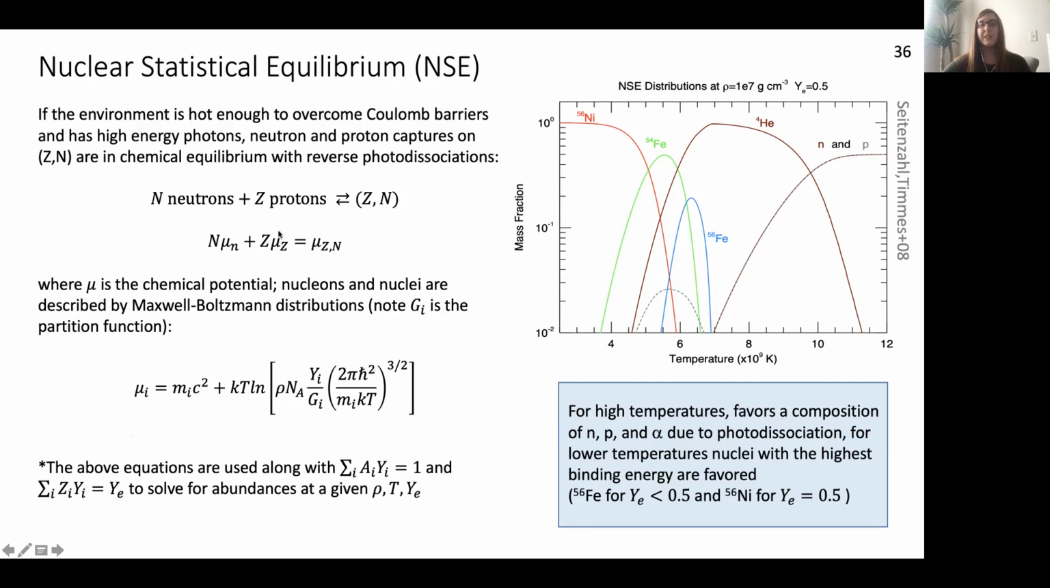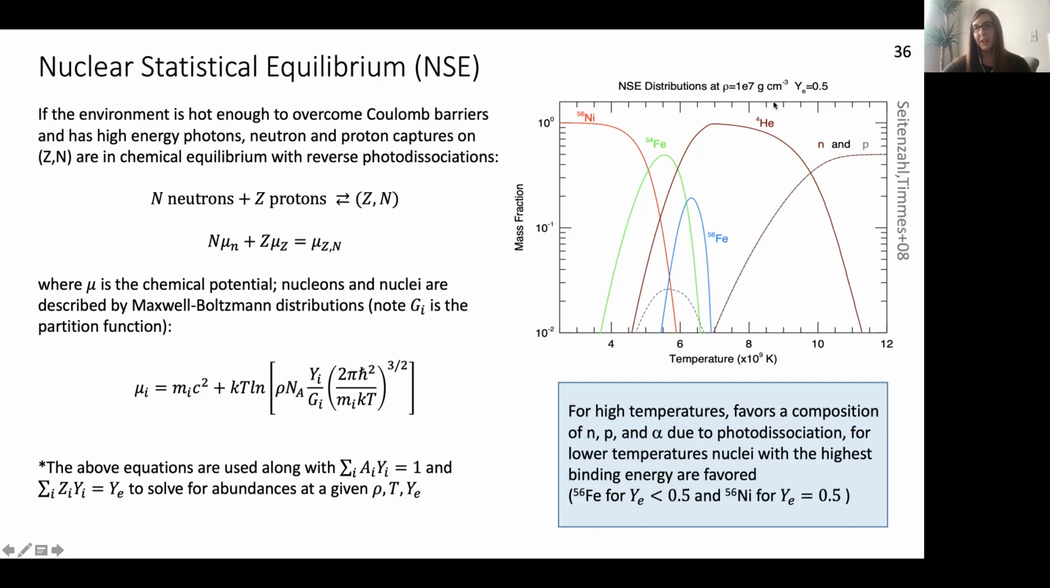And then it's through these equations that are balancing your chemical potentials, as well as the fact that mass fractions have to sum to 1, and that we have YE equal to this sum ZYI that I mentioned before in our definition slide, that you're able to solve for abundances. This gives you a system of equations where you can solve for the abundances once you know your density, temperature, and YE. So this right here, this plot, is just an example of calculations for the mass fraction from NSE